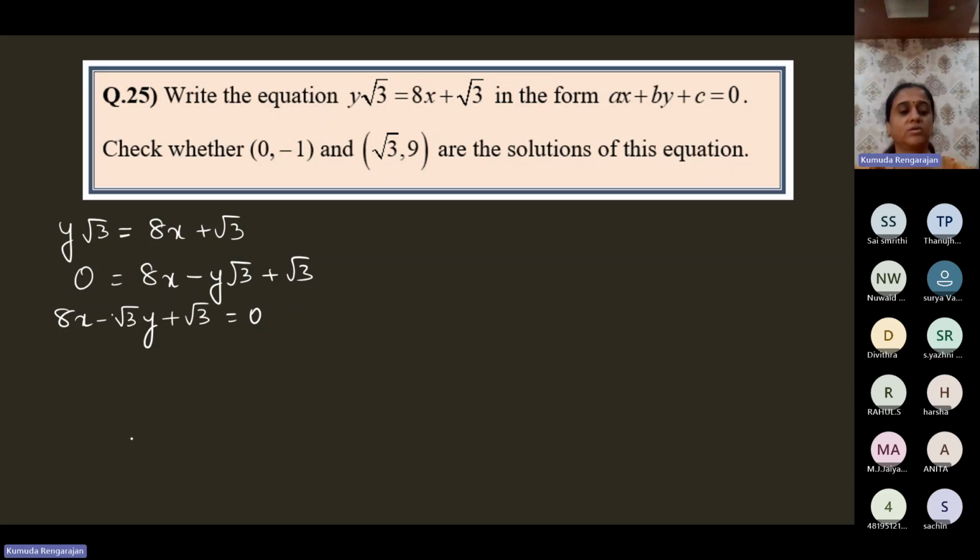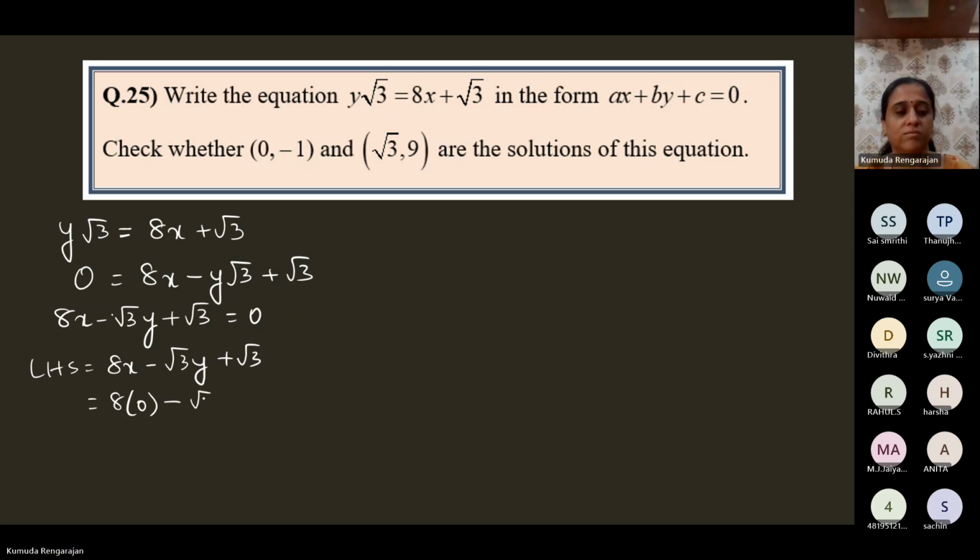So 8x minus root 3y plus root 3 is equal to 0. Now the left hand side is 8x minus root 3y plus root 3 when x is 0 and y is